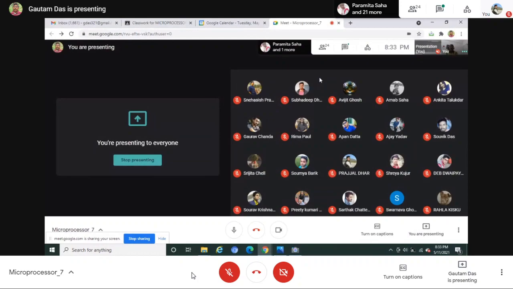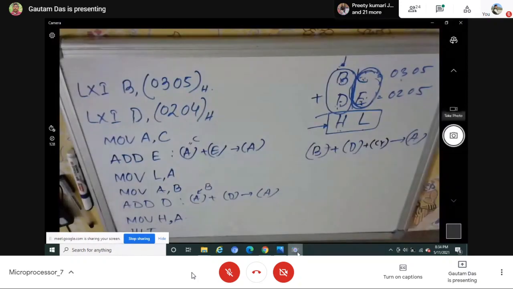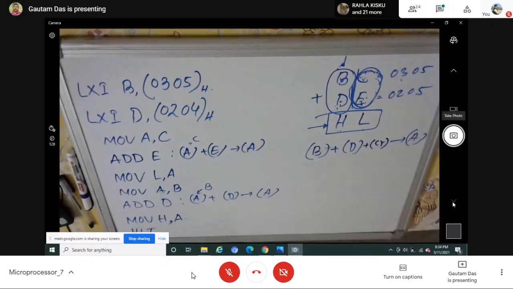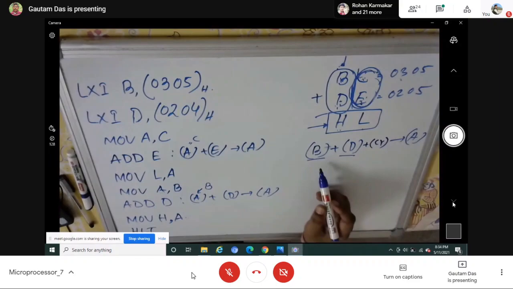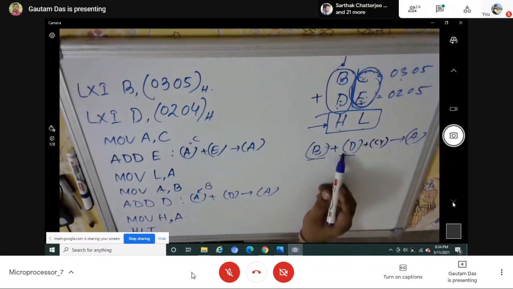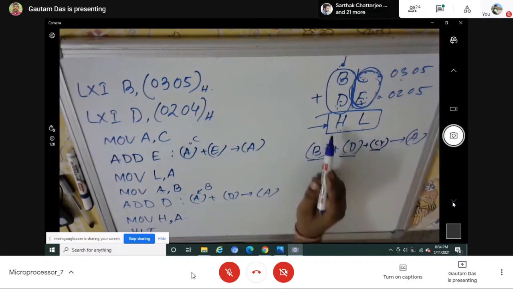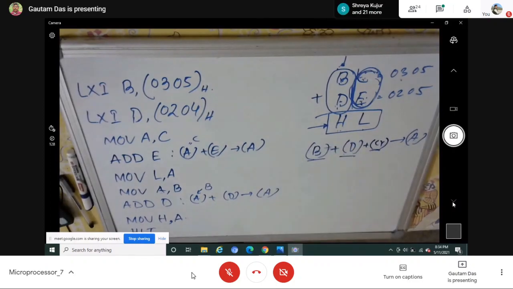But there are no instructions available here. Whatever ADD B, ADD C, ADD M, ADI, those instructions cannot add the carry flag. They can add only the content of two registers like B and A, D and A, C and A, like that. But to get a proper result, our requirement is that we must add two 8-bit data with the carry information. Then we may get a correct 16-bit addition result.